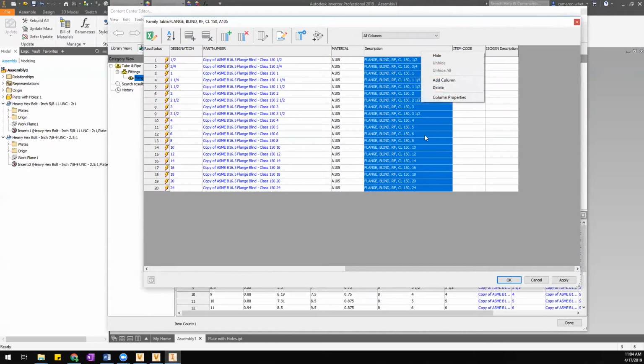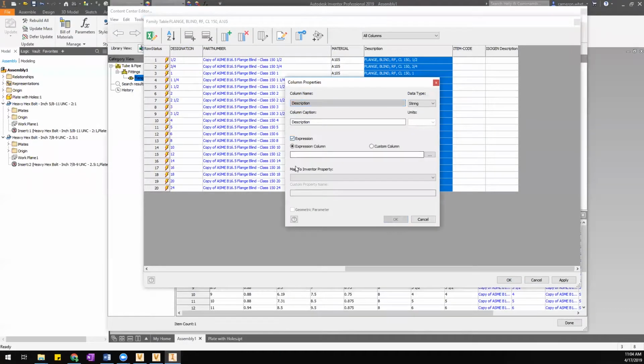Let's do it through an expression inside of the editor. So I'm going to right click, go to column properties. I want to check expression. That's going to open up this field for use. And basically what I do is I can type whatever text I want that's just static text to show up. So I'm basically going to duplicate what I had before. Flange, blind,